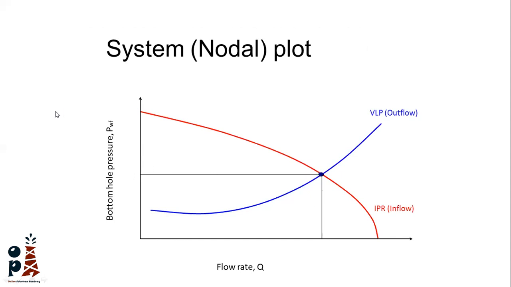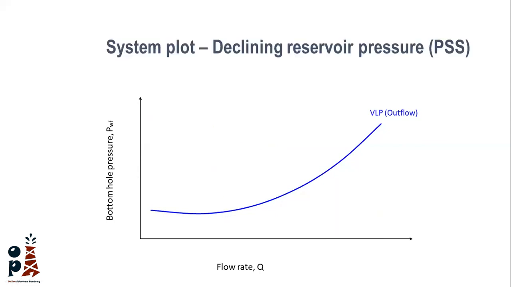I can do sensitivity for each component. I can use sensitivity or change the parameters in the reservoir and see what will happen and what will be the rate, or change parameters along the completion and see what will happen and what will be the rates. For example, the reservoir pressure is declining. So I want to know, wait a second,